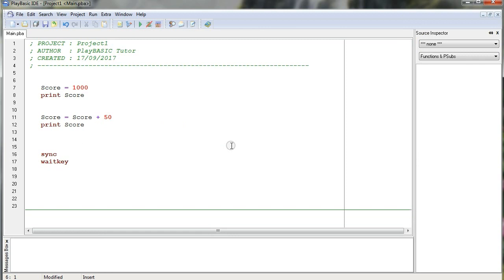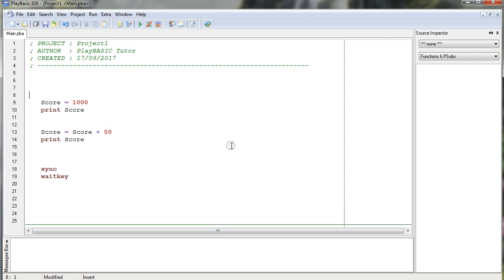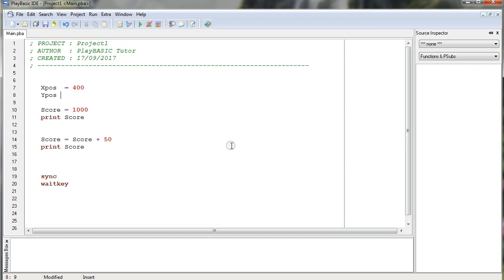Let's take our example to something a little bit more like what we would use to represent a character in our game. Now, games will have lots of different components, but generally any kind of player character on screen, like a Mario game, for example, the character is going to have its x coordinate. So we might have a variable called x, I often just call it x pos. Let's say in our game it's going to be at position 400, say, a y coordinate at,